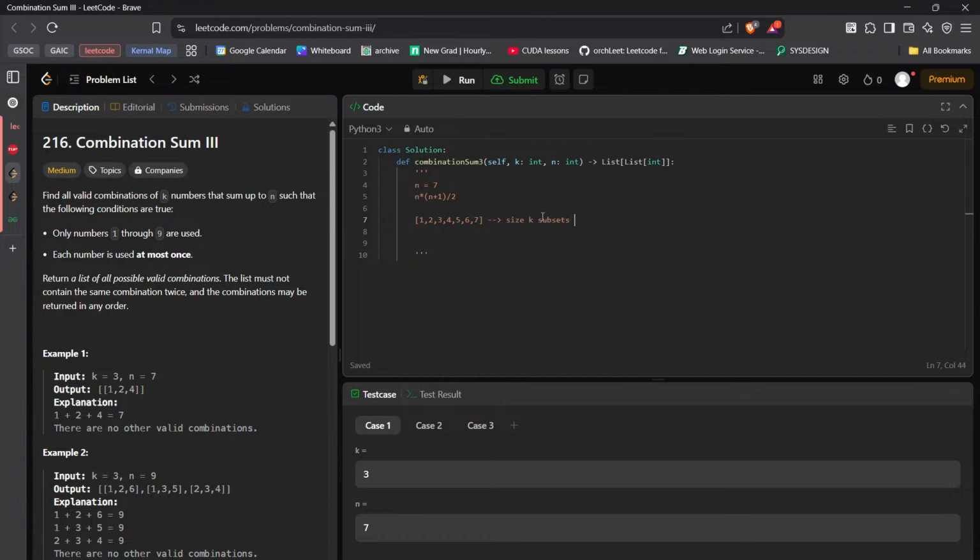subsets to have a sum of 7. Is this what I have to find? Yes. But how do I find subsets of